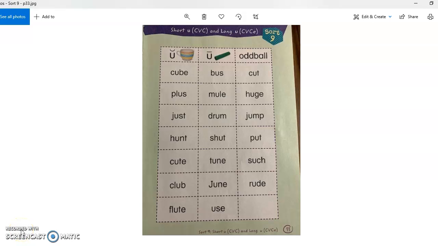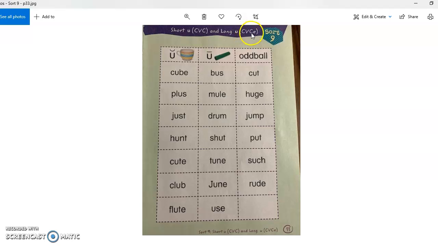I am here to talk to you about your word study work for Friday, October 30th. Today you're going to be sorting the short U and long U sounds using the same format that you've done all week this week. So the short U sound, like in this picture, cup, is in numerous of these words down here, and the long U word, oo or U, the pattern that we're focusing on to make those sounds